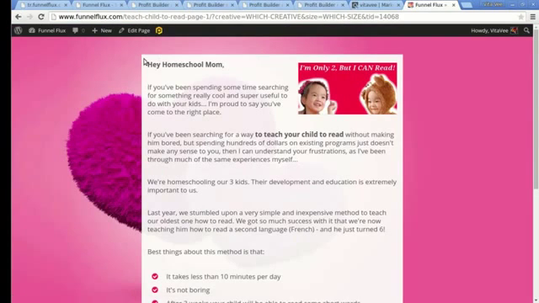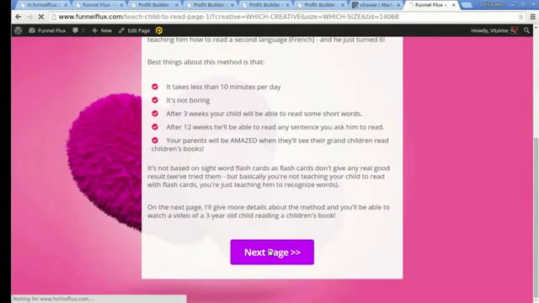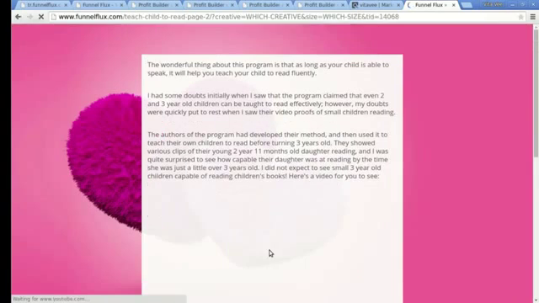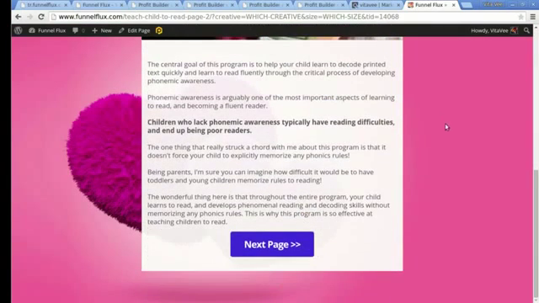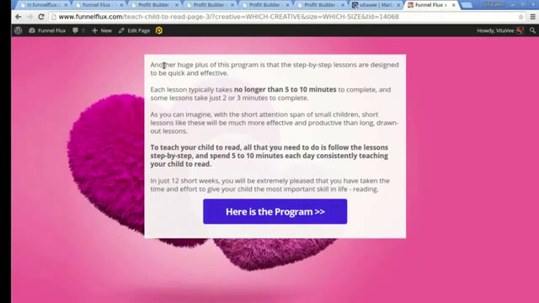So I'm being redirected to the first page of the funnel. If I click here, I am being redirected to page 2, and here I will either be redirected to page 3, which is a lander, or page 3, which is the opt-in page. So I have been redirected to the lander. So if I click here, I will be sent to the affiliate offer,